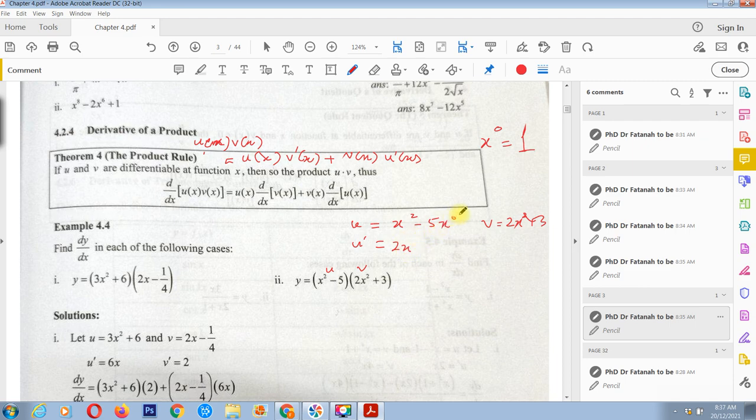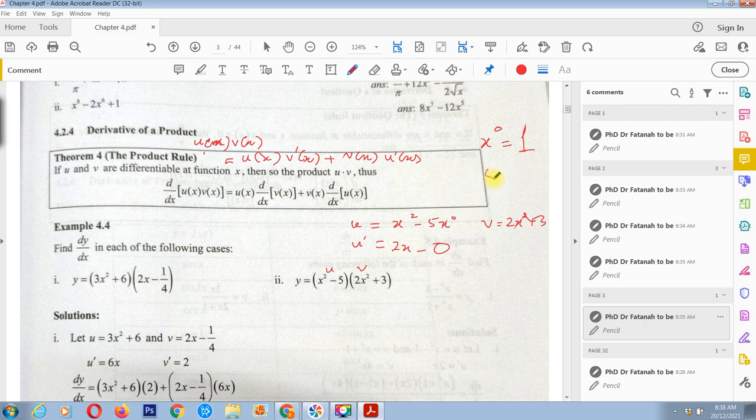So here, if you have a constant, so you will get what? 0. 0 here. So 0 here. Because if any constant,